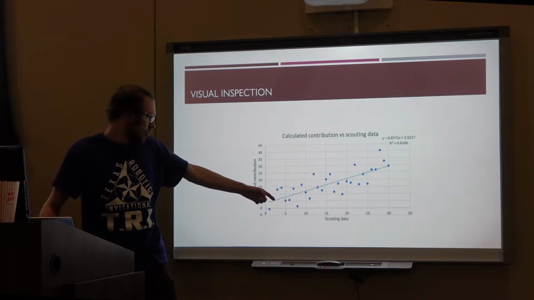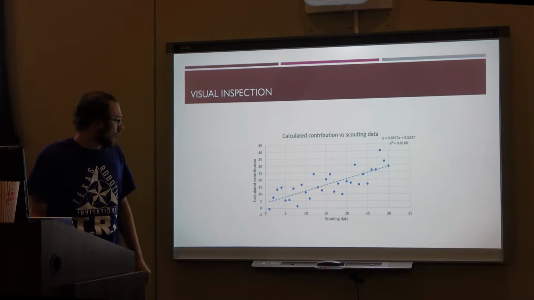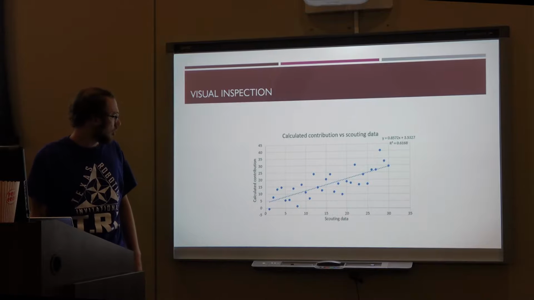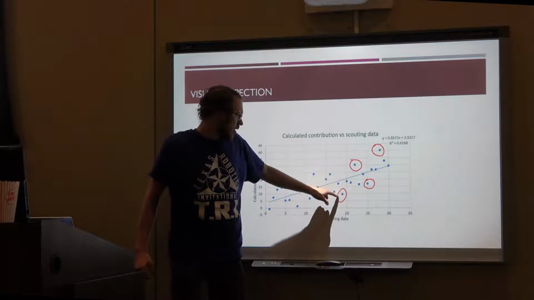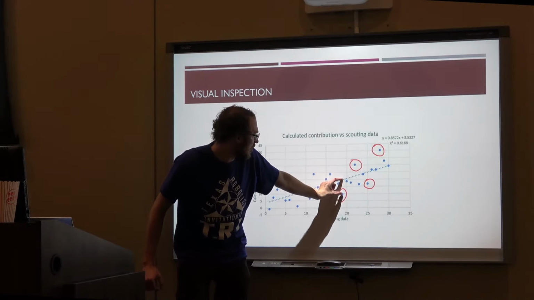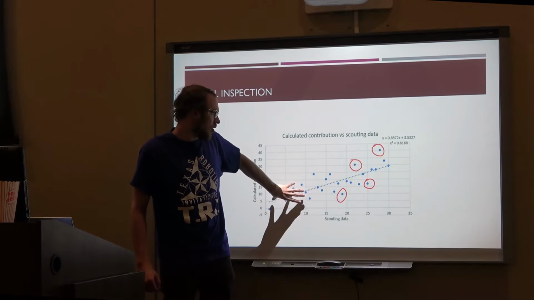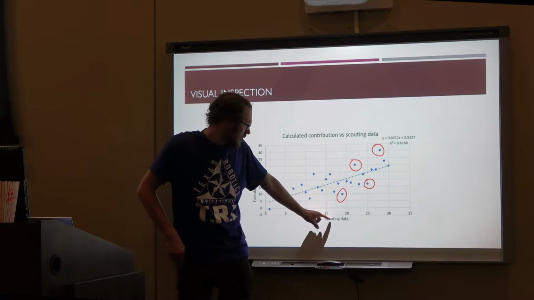You should probably defer to your scouting data, because your scouting data will usually be superior to the calculated contributions, assuming your scouting process is reasonably good. But what you can do is look at these outlier points, these ones that have a big gap, particularly on the high side over here. We don't care as much about the lower ones, but for the really good teams,